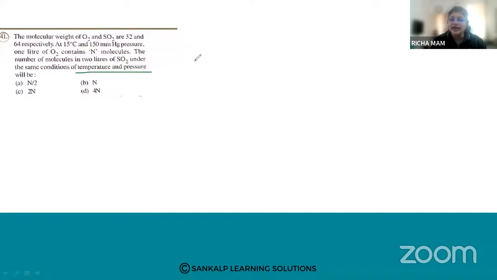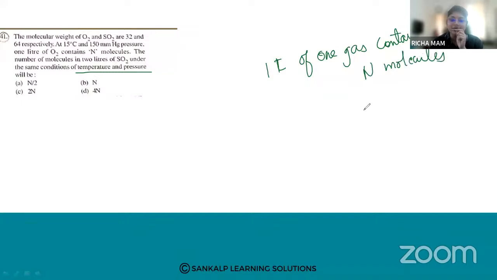Now we know that according to Avogadro's law, equal volumes of all the gases contain what? It contains equal number of molecules, right? Under the same temperature and pressure. Okay, the condition is same. So suppose if 1 liter of one gas contains N molecules, then 2 liters of any gas